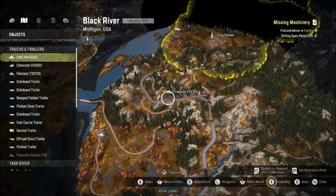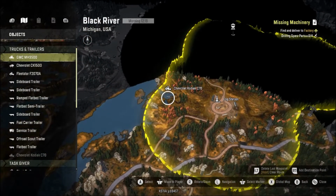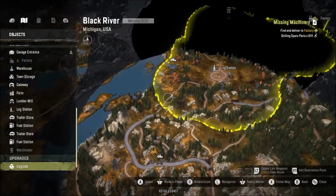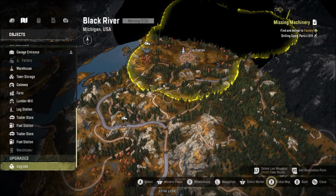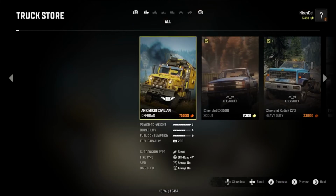We have our Fleet Star sitting right here, and we're going to go get this Kodiak C70. So, pretty straightforward. Got it unlocked. We're going to drive down here, pull this out of the mud, and then we're going to do a quick repair job on it, and we can drive it off. Now, if you don't want to spend the money on the repair and you just want to turn around and sell it,